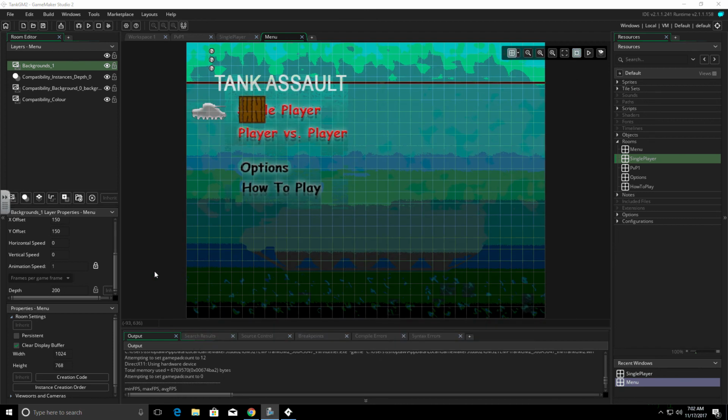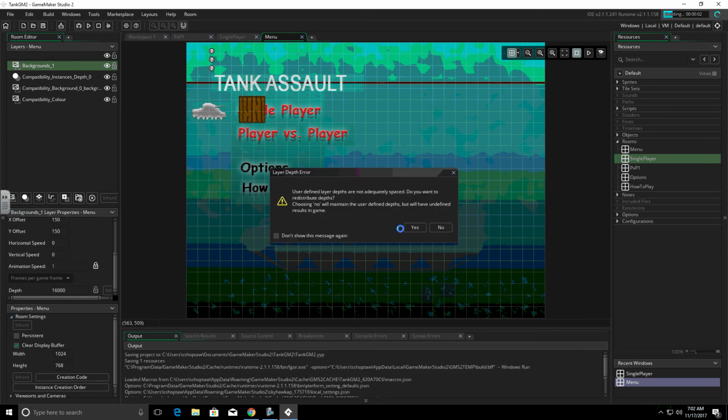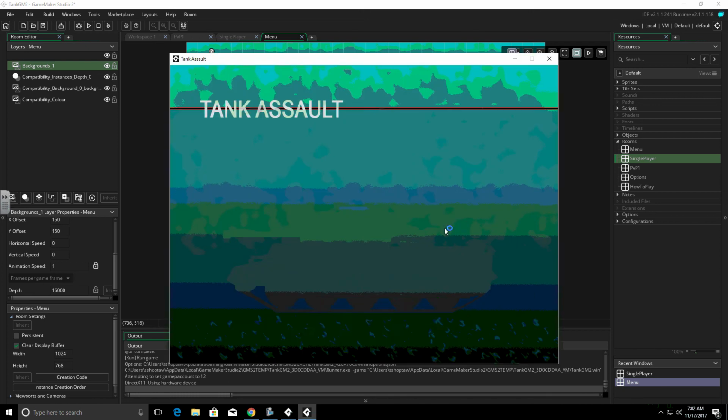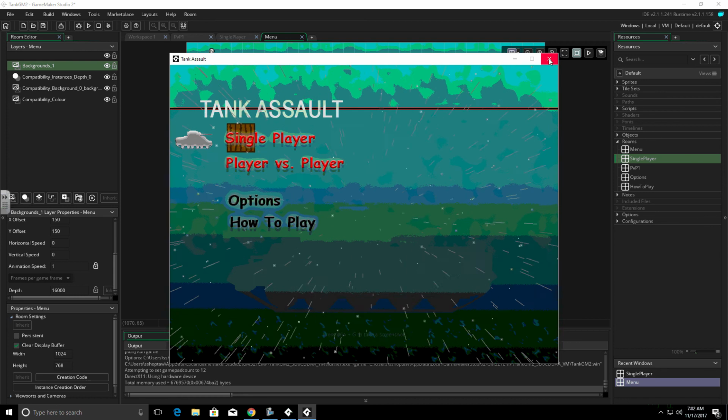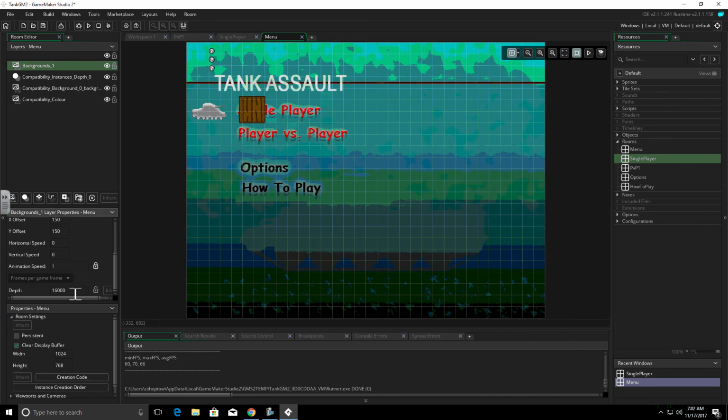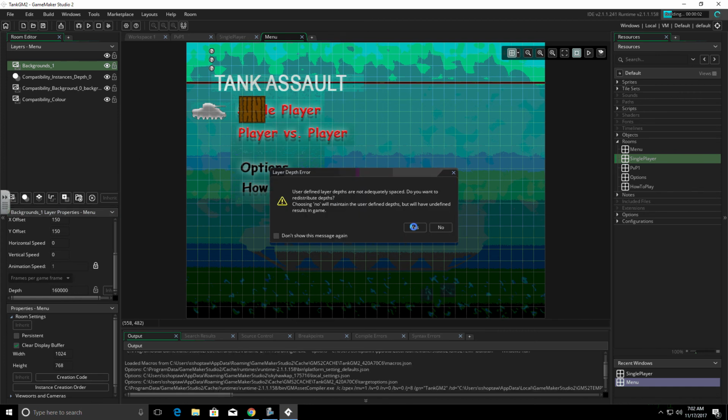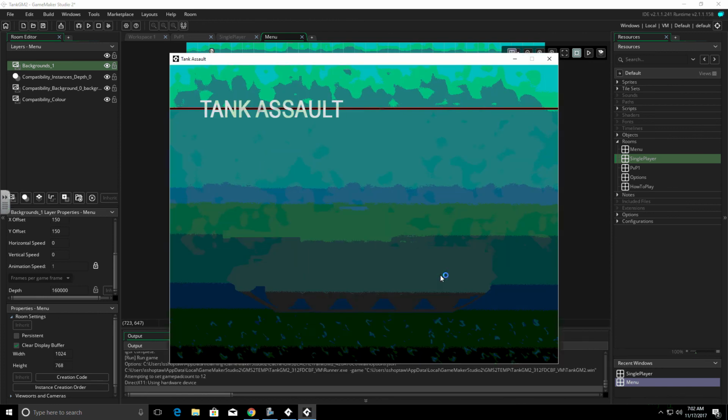Now, if you are a hardcore reader and have gone through the GameMaker documentation, it discusses a limit to this depth, and it states that the limit is 16,000. So at 16,000, it says that the background will work, which it will, but it also says that that's the limit. Anything placed above that will not show up, which is actually not true. We can put even a whole other 0 in there and make it 160,000, and our layers will still show up.